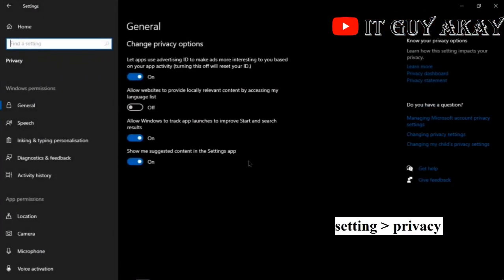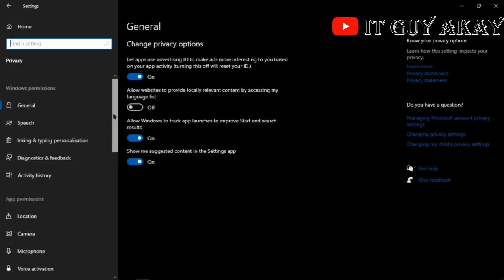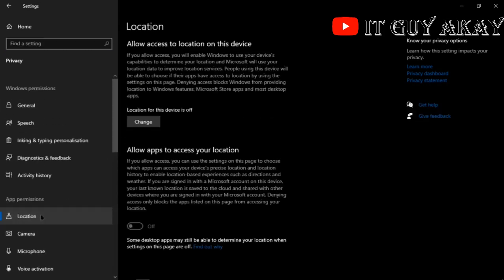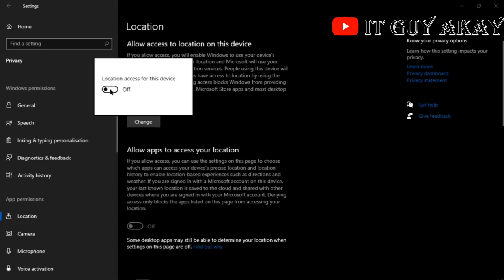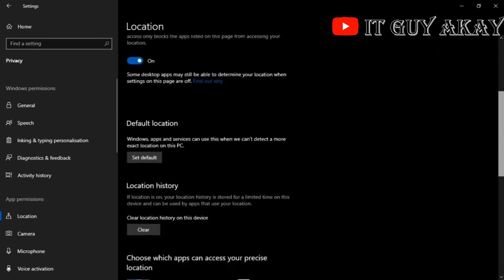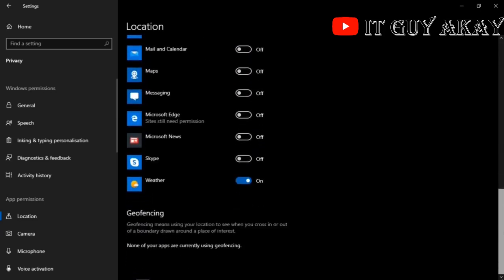Move to next. Here we have an option of privacy. So privacy allows us to control the permissions. So here we can allow or restrict any app or any settings to use any permission in our system, like location. So if you don't want to give permission to your system to use the location, you can disable this. Or if you want to give permission to specific app, you can allow them, or you can restrict any app